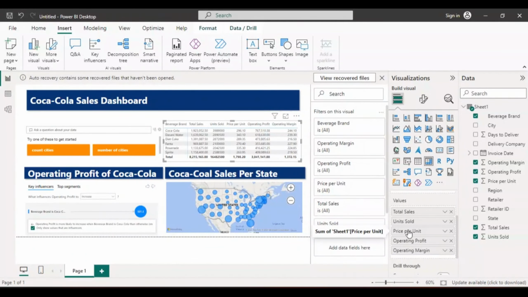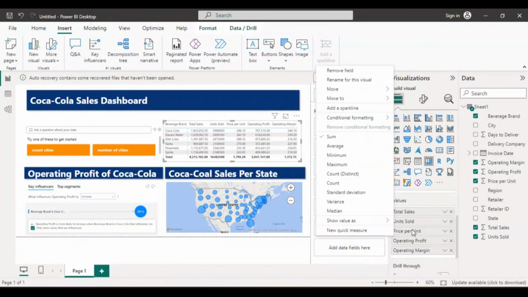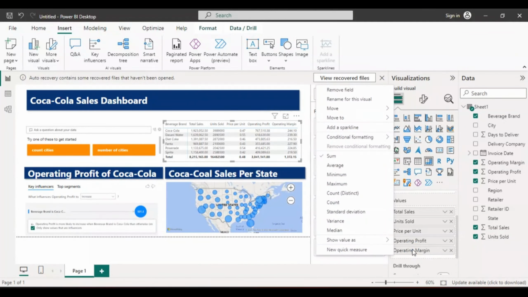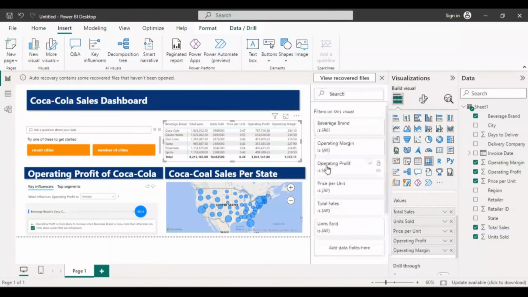We'll come to the price per unit and you click on it. You see that it is on sum. So you click on average so that you can change it to average. Now it has changed to average. So also go to operating margin and also click on it and change it, and it will come down to